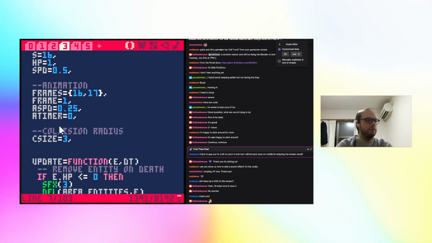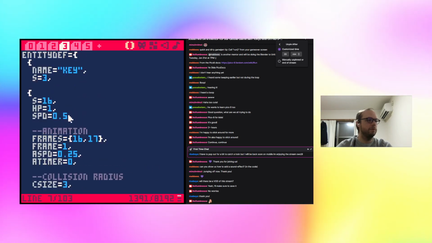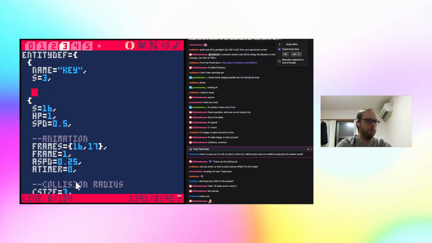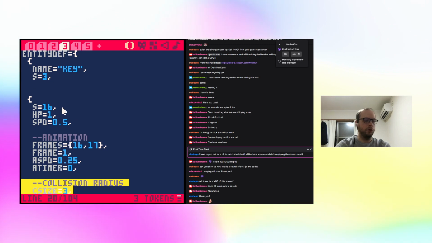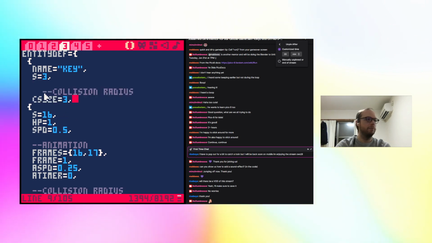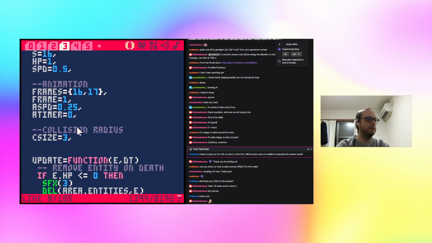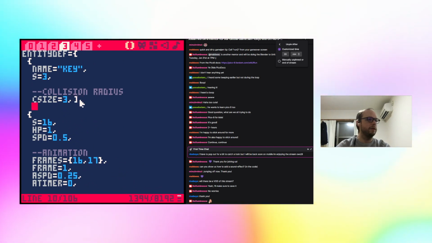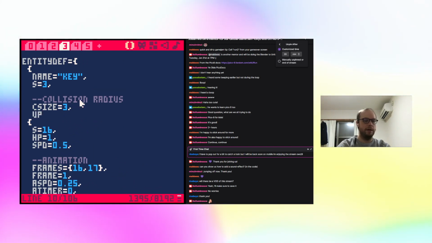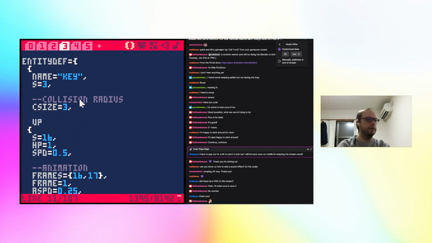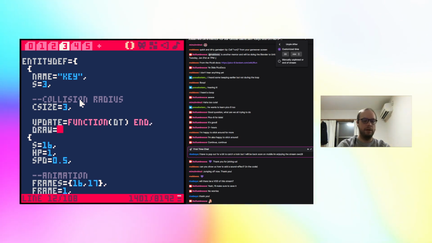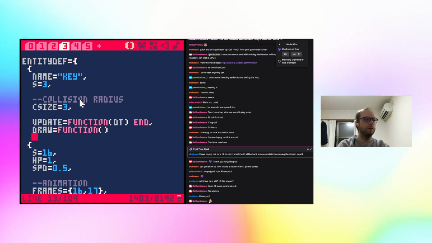We don't need to do animation or any of that other stuff. We do need to do collision, because that's the only way we'll know to pick it up. So it will need collision. I'm going to give it an update function, but it's going to be empty because I don't think the key needs to do anything frame to frame. And the draw function is going to just draw the sprite of the key,